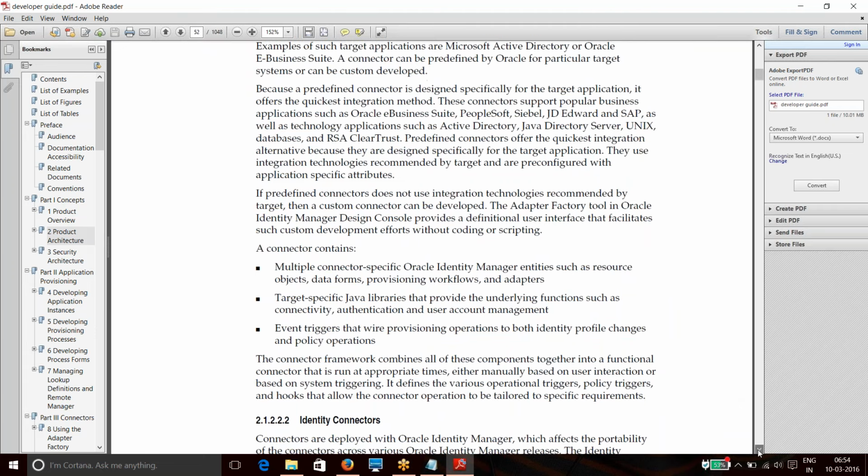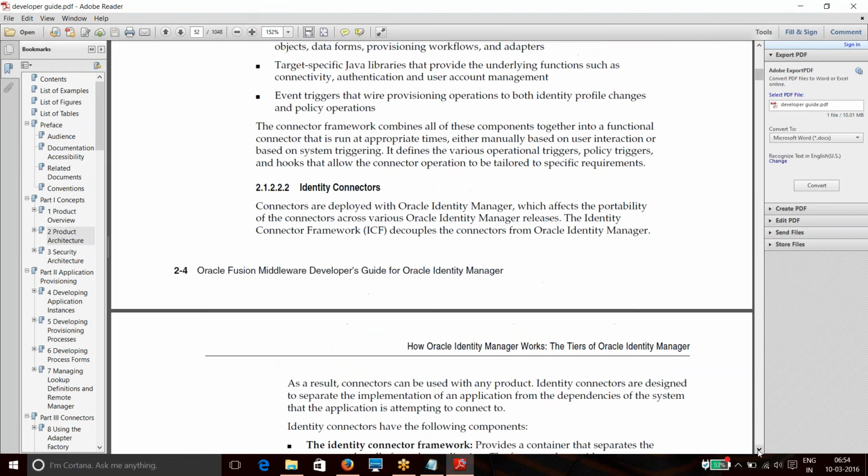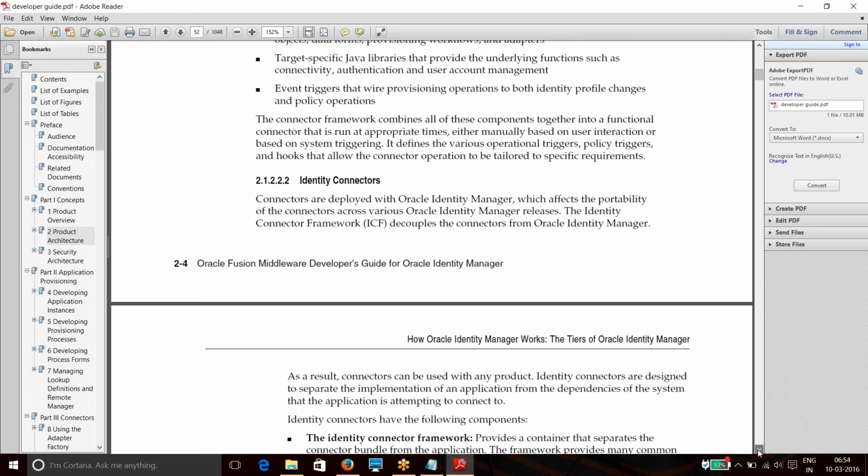The connectors are the main components which are useful in integrating different applications with the identity management. The Java beans and Java development we have done in OIM to develop the product will be placed in the business tier.